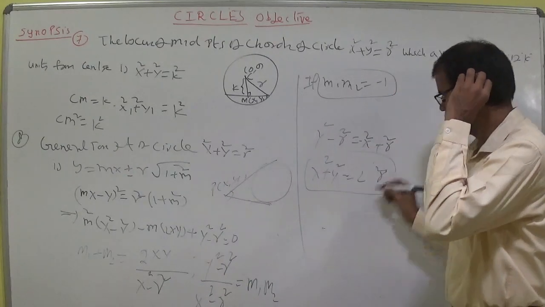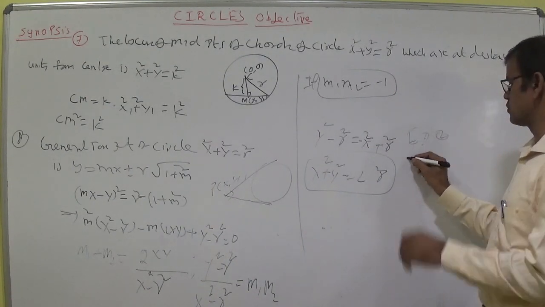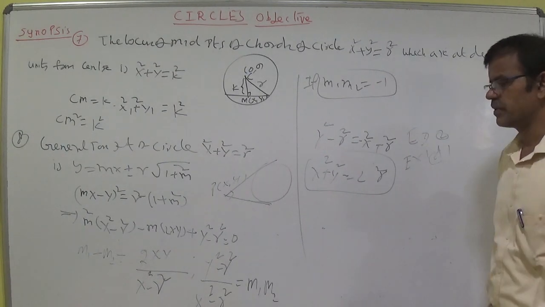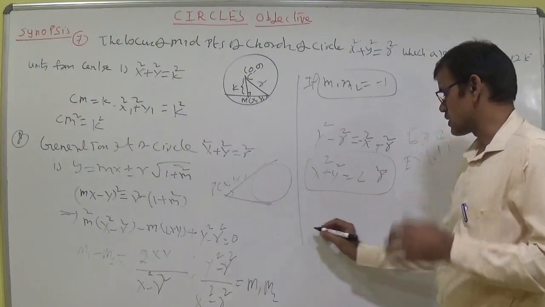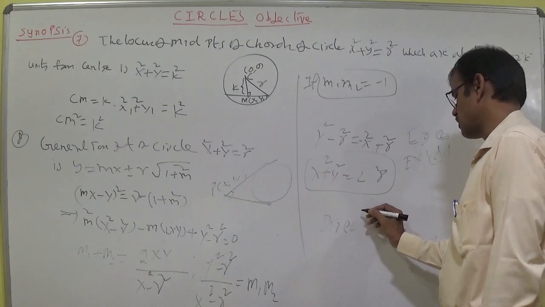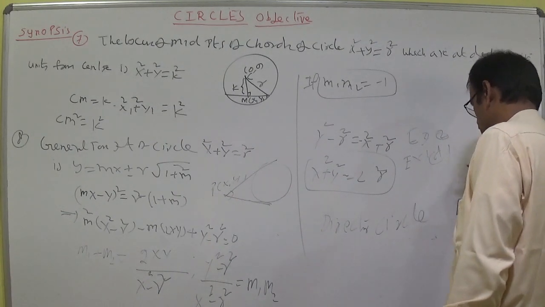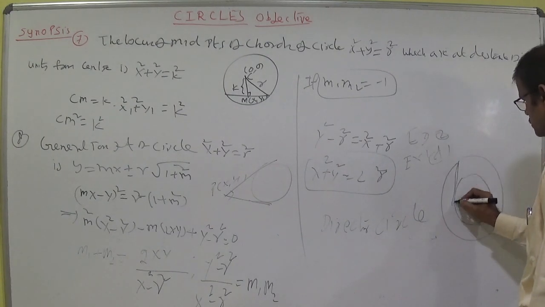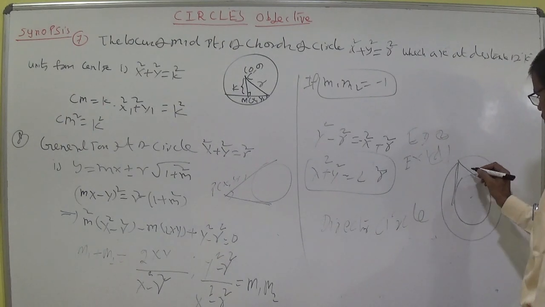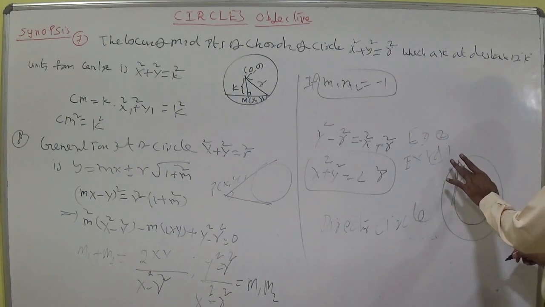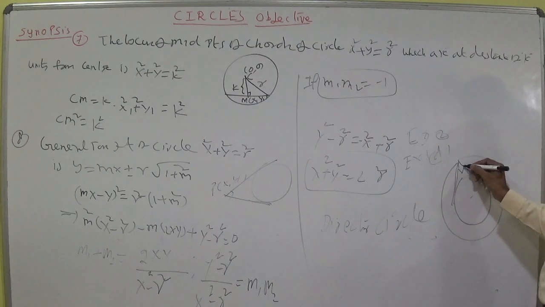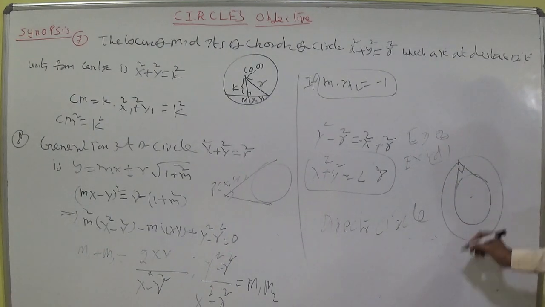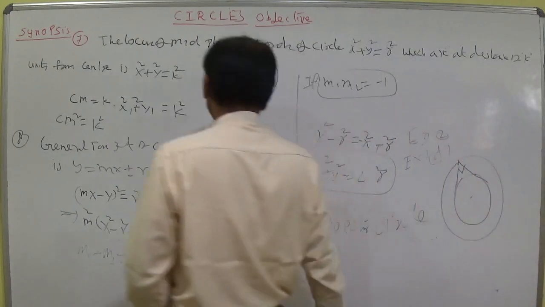I think we have learned this, example 2, page number before the exercise only. Example 1, maybe page number 56 like that, IMP sum. So it is called a director circle. I think we have discussed the concept of director circle. Director circle is the locus of the point of intersection of perpendicular tangents to the circle. The locus of points of intersection of perpendicular tangents drawn from an external point is a concentric circle known as the director circle. Already we have learned. This is a formula.